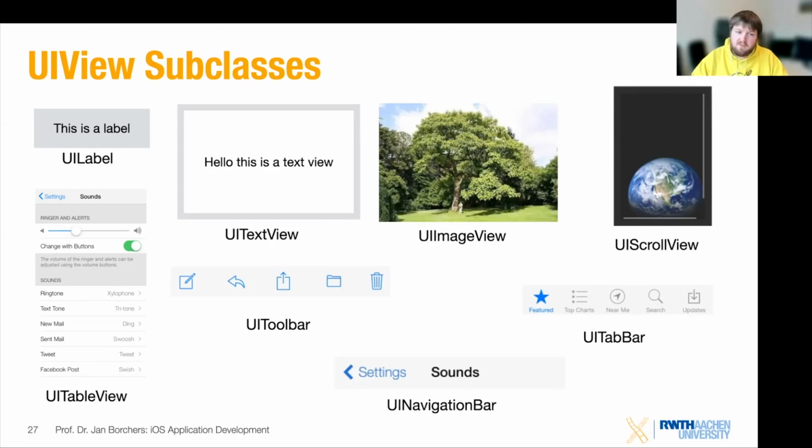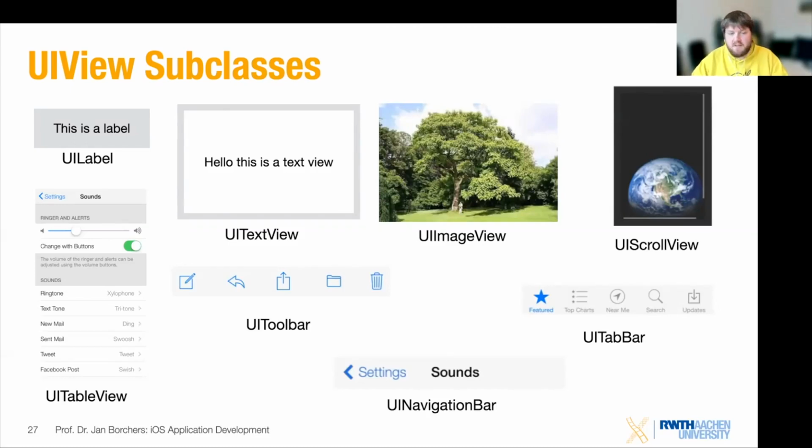UIToolbar, for example, is for sharing items, so you have a place where you can have those actions and include those. The UITabBar, which is usually on the bottom, and is for switching between different view controllers, is also a view subclass that you can adjust. And the navigation bar is used, for example in many productivity apps, when you drill down and go into way more detail; then the navigation bar automatically gives you the option to easily go back and display the titles.